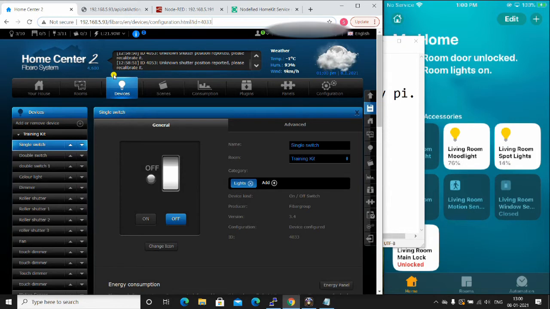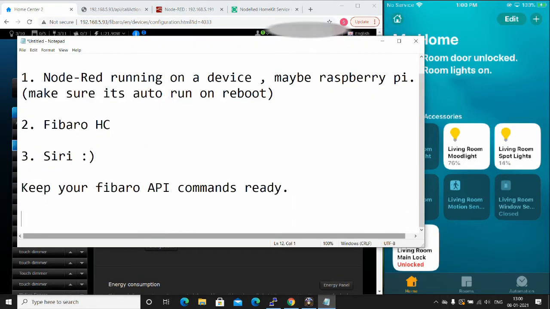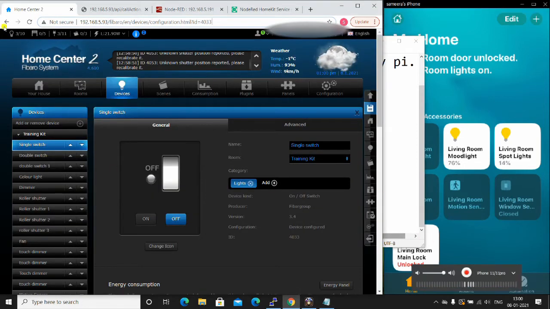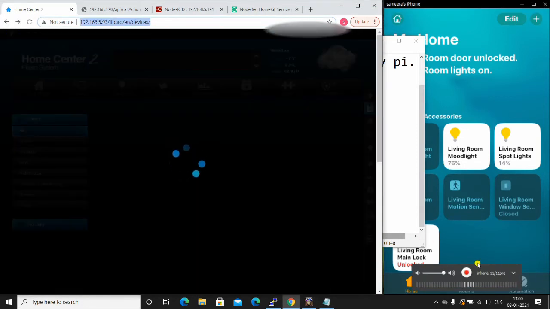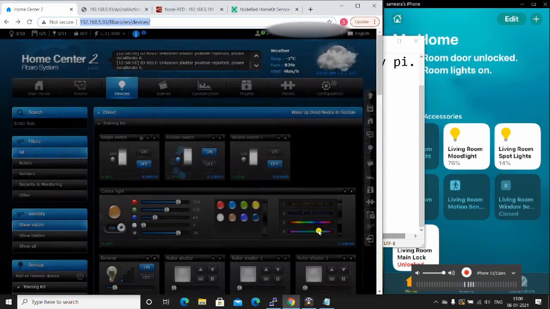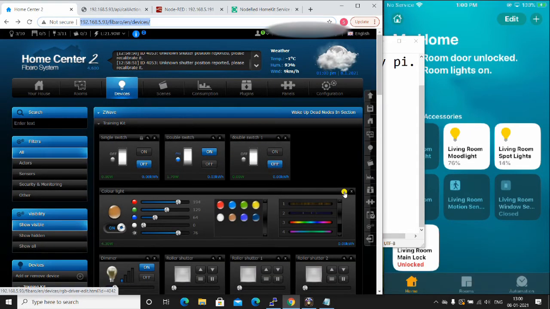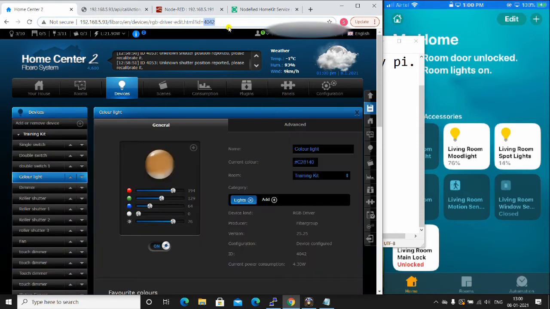For a simple on-off device, you have a unique ID. Take that device ID from the address bar. For my on-off device, the device ID is 4033. What are the device IDs for the other devices? Like for this color light, this RGBW controller.